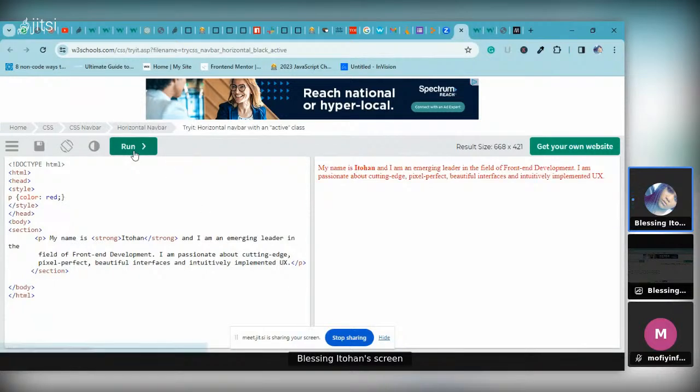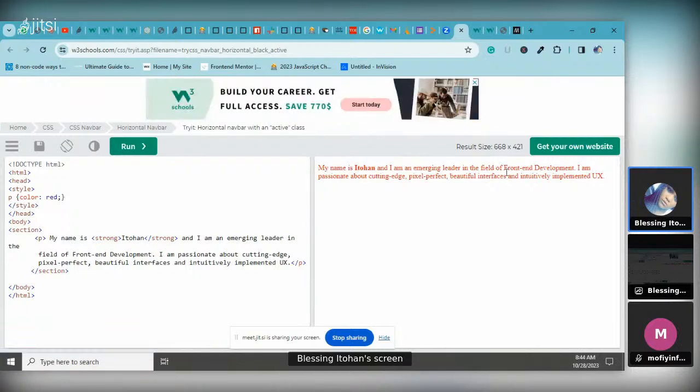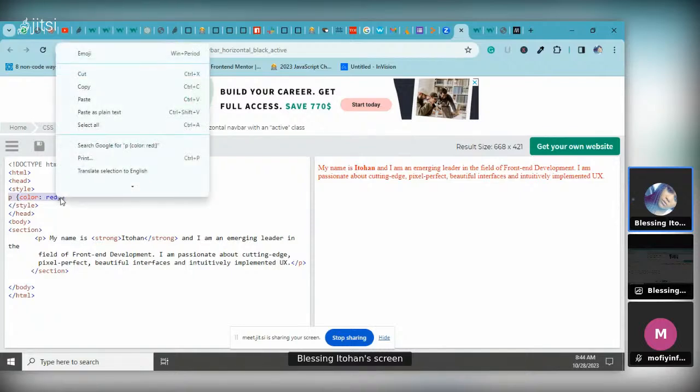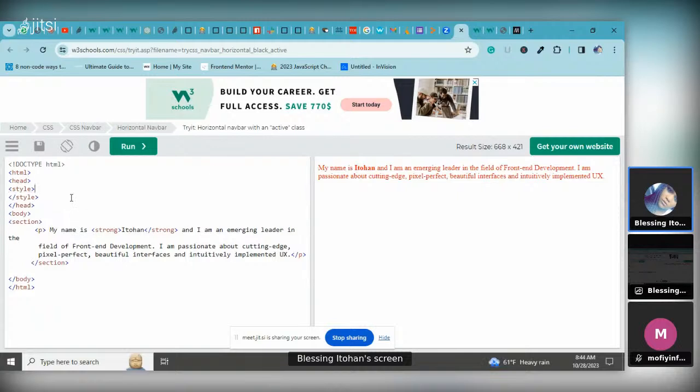So if I run this code now, you see everything here is red. You can see it, right? So it's as simple as that. So that means if you want to do this in your CSS, the way it is written like this, you just go and put it inside your CSS file. You don't need to write this style. You just write it like this. Okay. So I will do an example